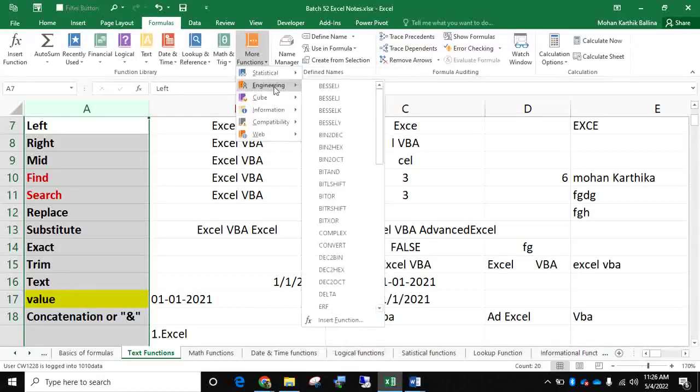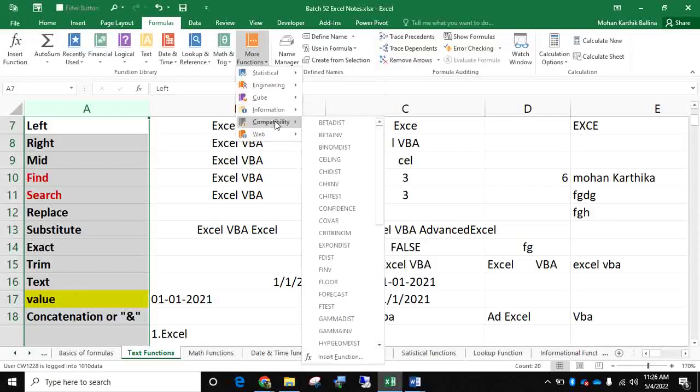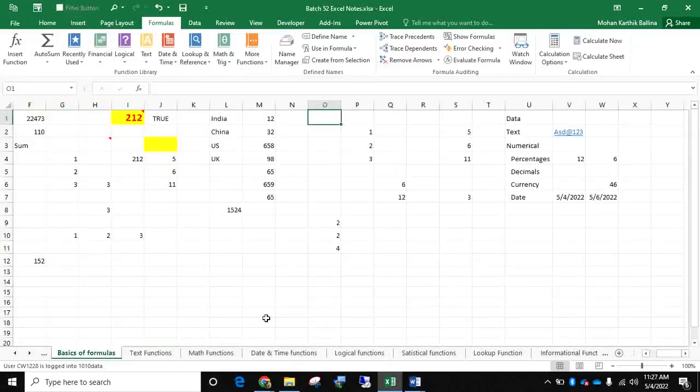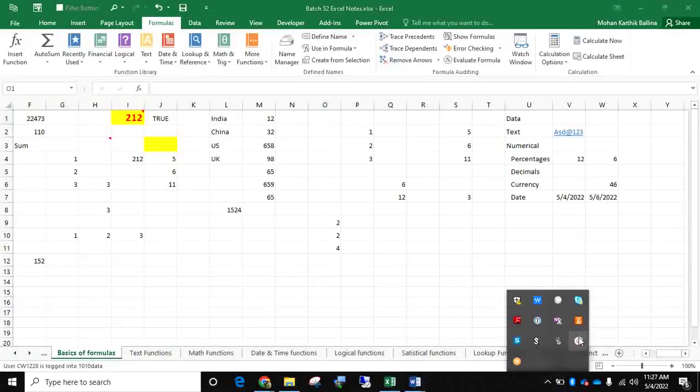Engineering we will not discuss because it is not useful for us. Compatibility also. Okay, and next. So before getting into these function sets, let me